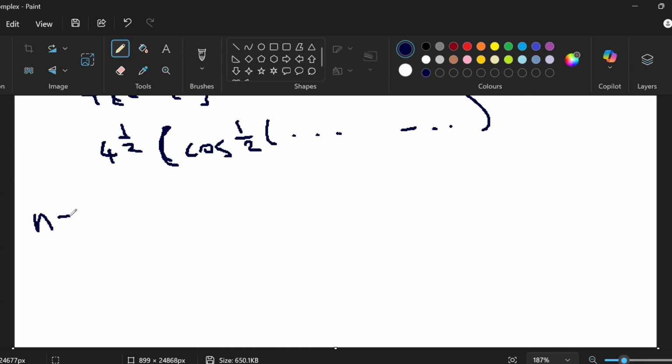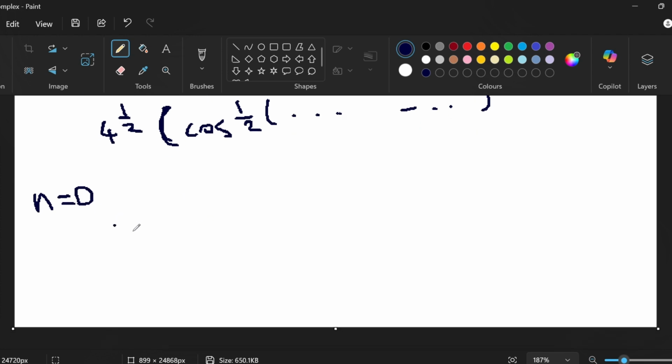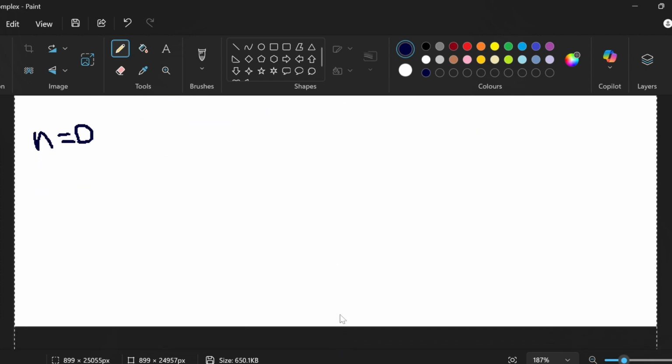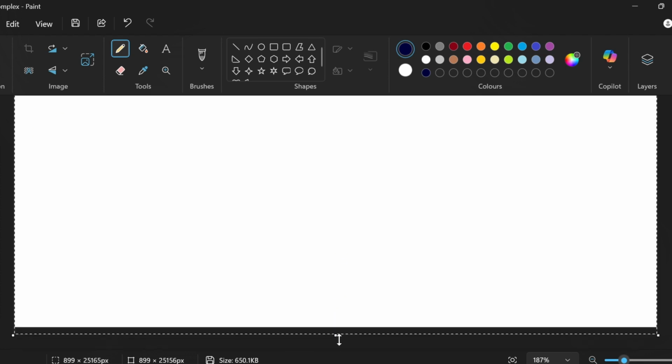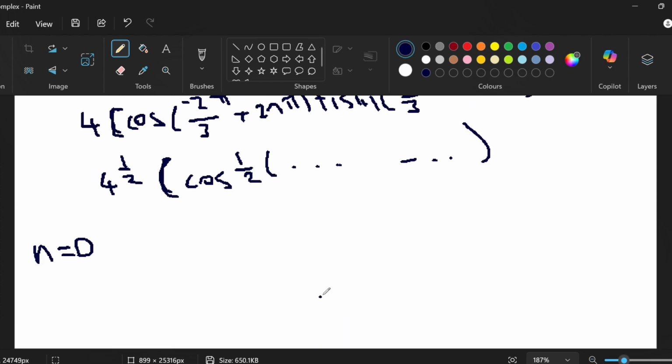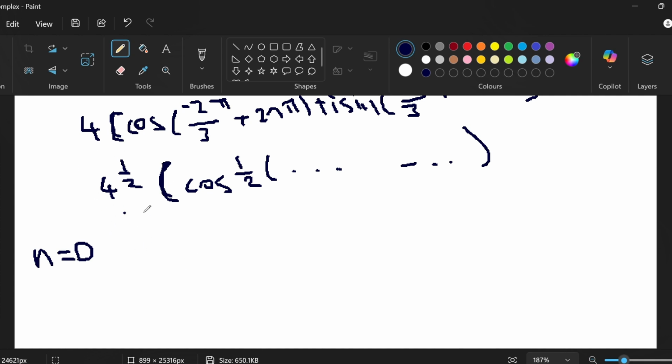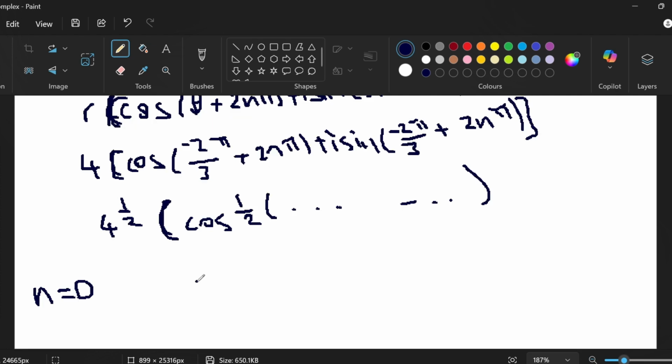And again, we're just going to plug in n equals 0 to get our first root, and n equals 1 to get our second. And we only need to go up to n equals 1 because this is a problem involving the square root, so we only have 2 roots. So the square root of 4 equals 2. So this is 2 times